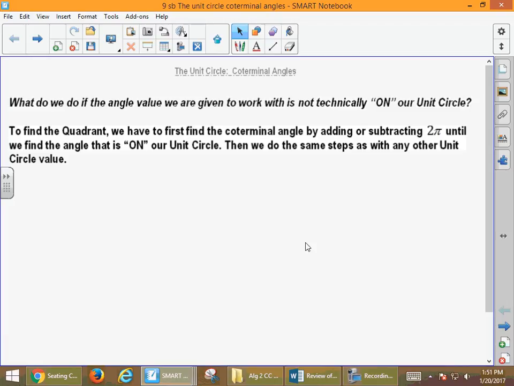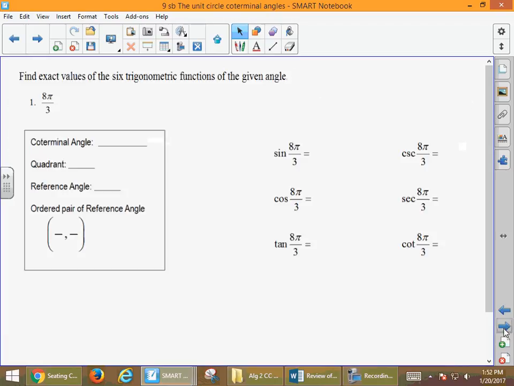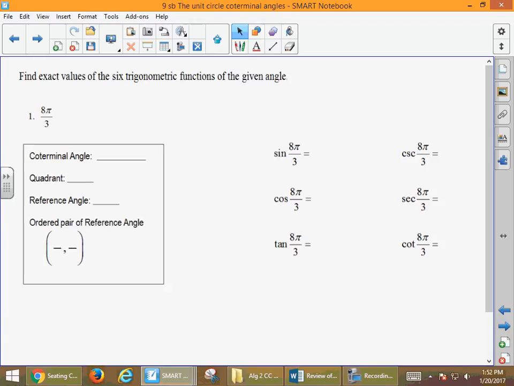And the key here is, what do we do if the angle value that we're working with isn't an angle value on our unit circle? Well, the answer to that question is we first find the coterminal angle by adding or subtracting 2 pi, and that will also allow us to identify the quadrant, and then we can follow our steps like we do for any other problems. So when we look at our first example here, the 8 pi over 3,